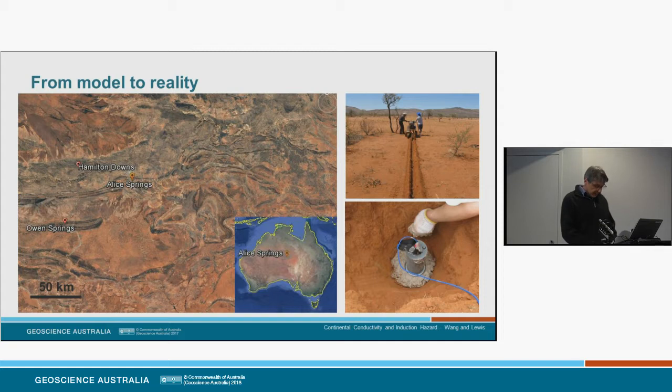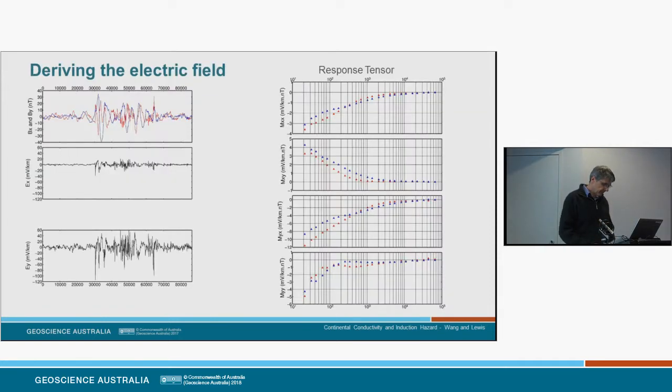So we have used those data to test our conductivity model in the geophysical step of GIC studies. We've used the electric field data from Hamilton Downs and the magnetic field data from the Alice Springs Observatory. Both those data sets were recorded with a 1-second sample rate. The hypothetical event maps we were looking at before showed electric field and telluric vectors for single specific periods. We looked at 360 and 1800 seconds.